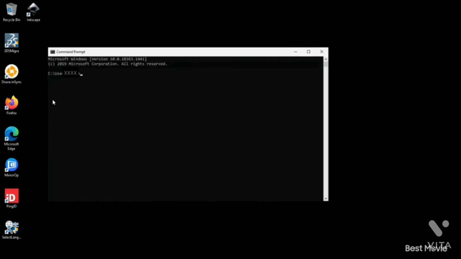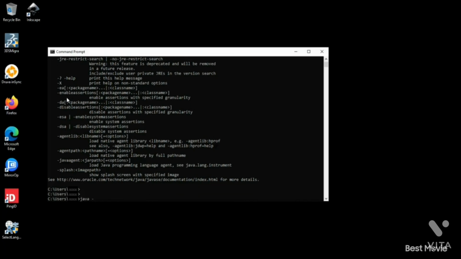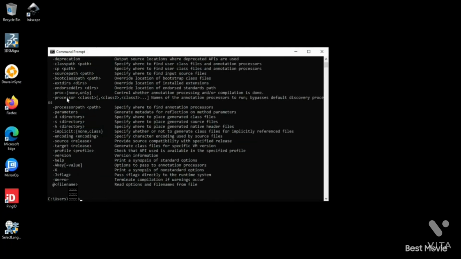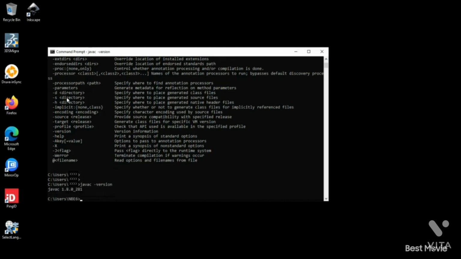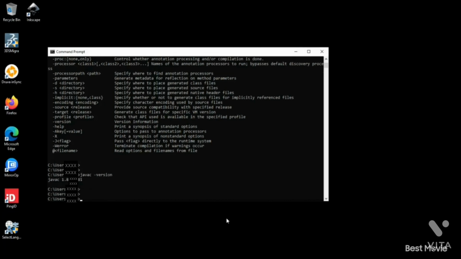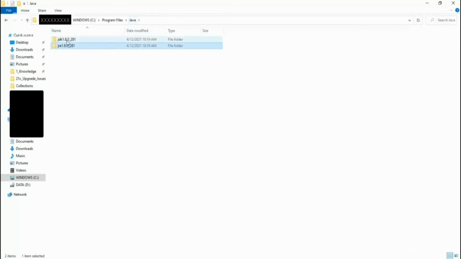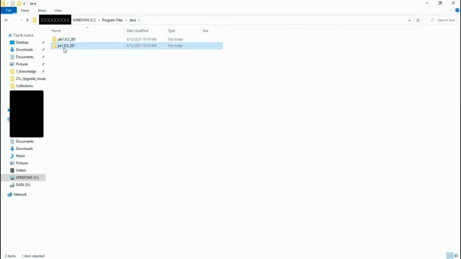So before your actual development starts, you should check your java and javac. Is everything working or not? So we are checking once again. Everything is working properly. If we have multiple Java versions installed, in the Java configuration we can set which one we are using for the execution.